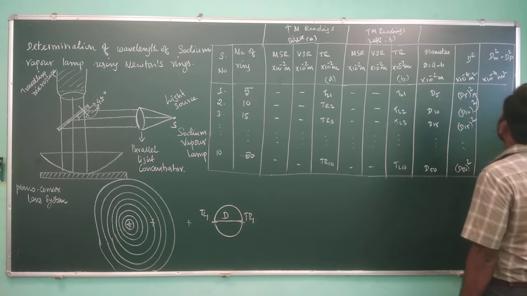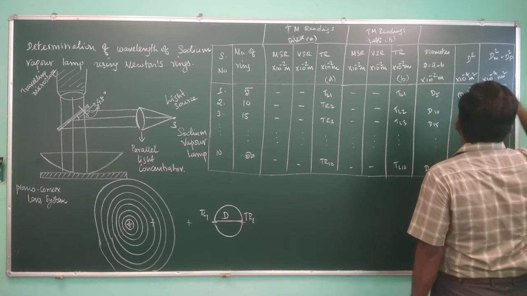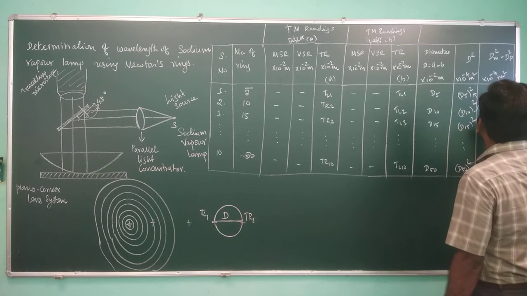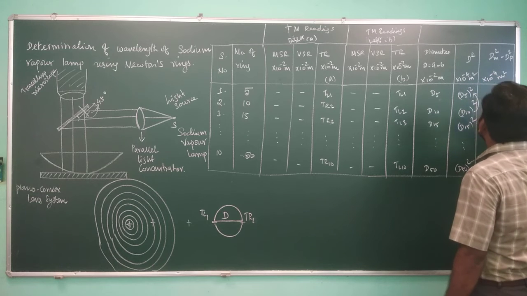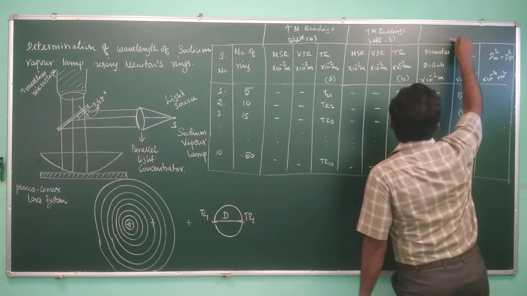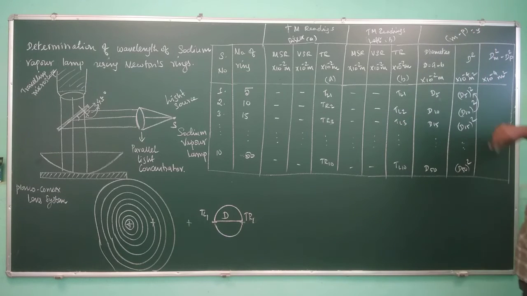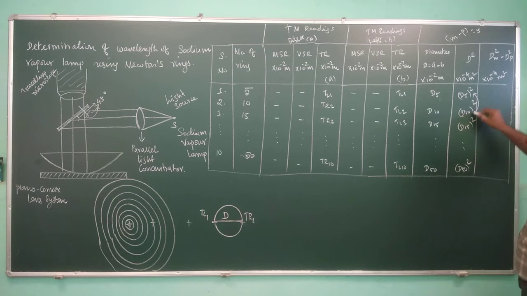Okay, the difference we will get. And similarly here you can write Dm square minus Dp square. So the difference, let's have the difference always m minus p, which is equal to 5. If you want to keep this m minus p equal to 5, then you have to subtract this value from this, this value from this, this value from this, and so on like this.